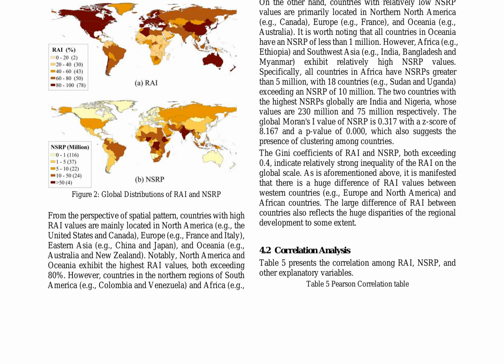This implies that there is a significant gap in regional activity and social responsibility among countries, which could be attributed to various factors such as economic status, political stability, and cultural differences. Overall, the Pearson correlation analysis provided valuable insights into the distribution and disparities of RAI and NSRP across different regions, highlighting the need for further investigation into the underlying factors contributing to these variations.